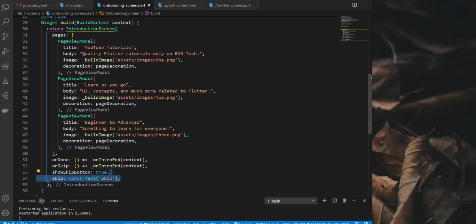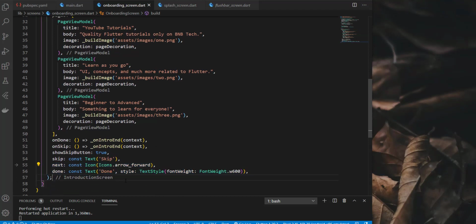And we have showSkipButton, which we need to set to true if we want to show the skip button. And we have skip and next. We can customize them with any widget. Here I have just used the simple text widget and icon widget. And the done is also simply a widget, any widget you can create here.